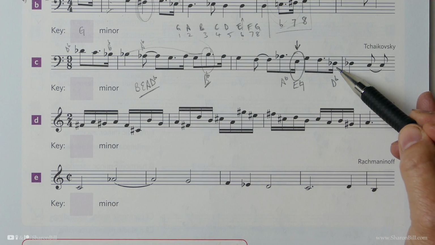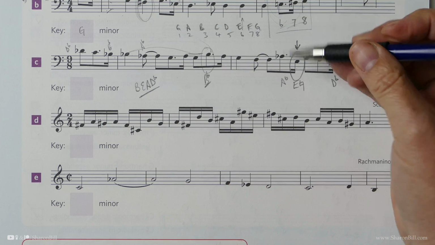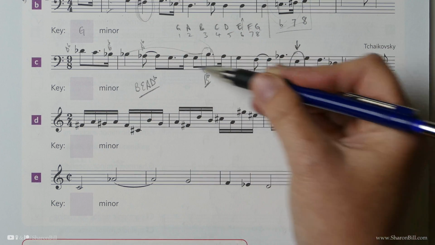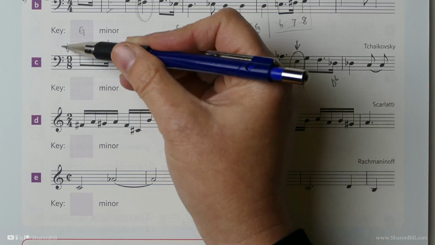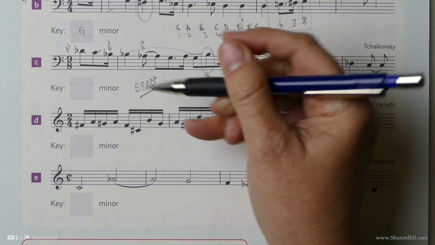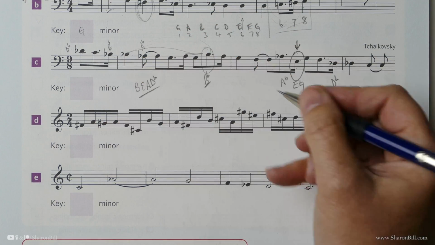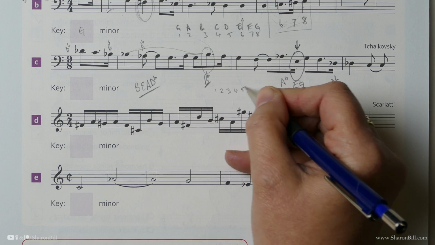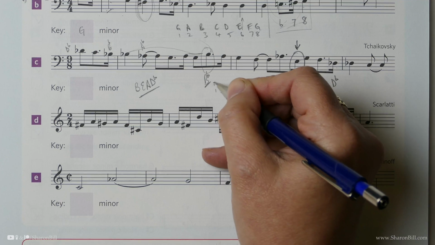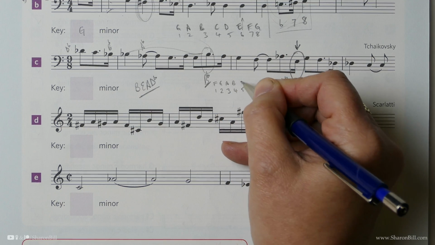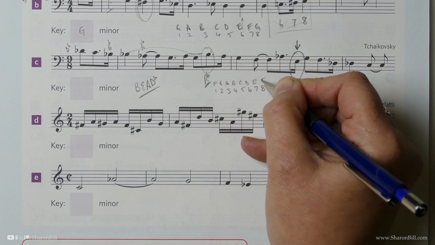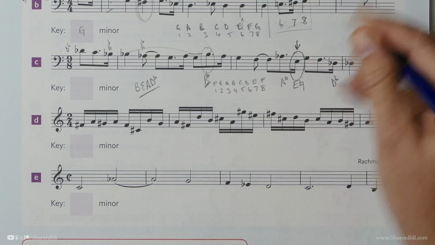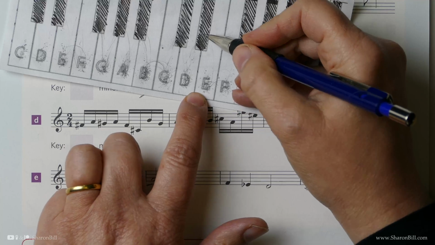D flat. Now if all of that were correct, just leaving this aside, if we got the key signature fully present, so we'd have to have the key signature with all of those, that would give us the key of F minor. So let's just work out now, 1, 2, 3, 4, 5, 6, 7, 8, F, G, A, B, C, D, E, F. And this E, which should be flattened, because there's no flat, that implies if there was